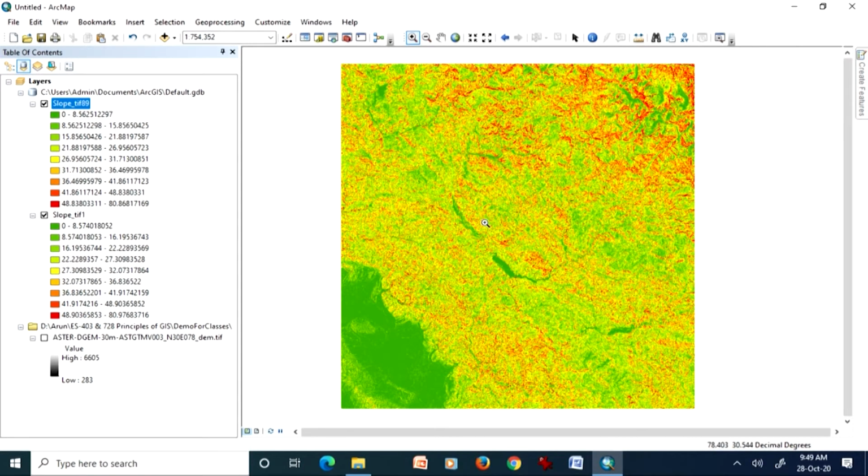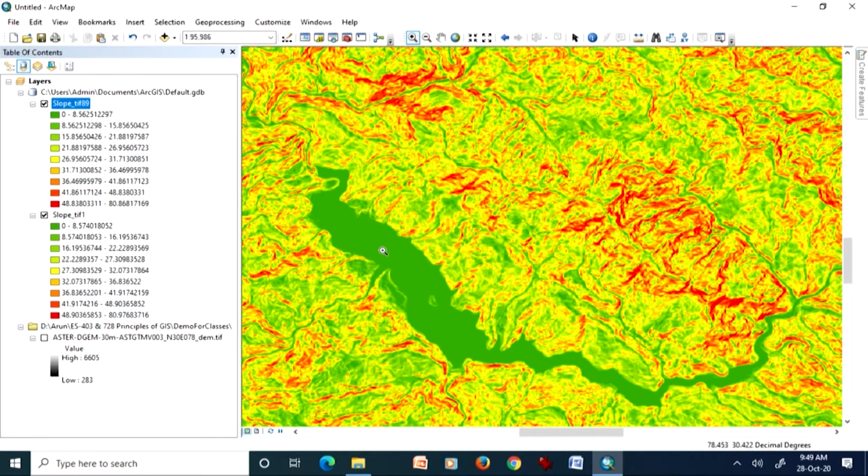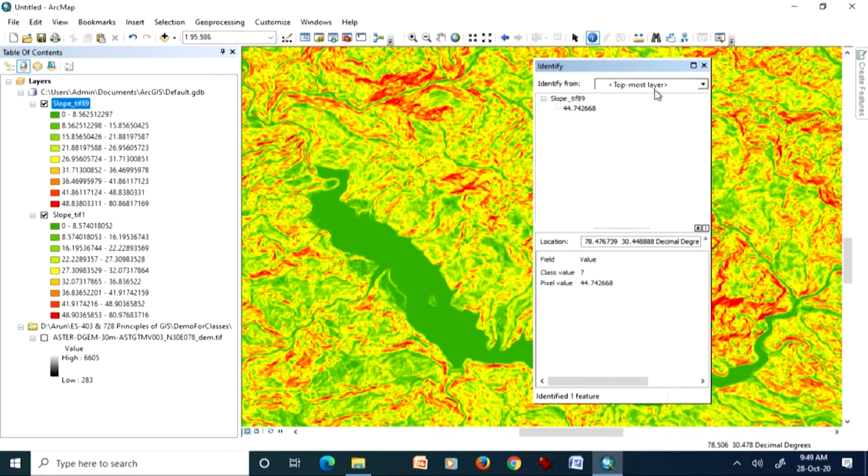So what I will do, this is a Terry reservoir area. I will take this identify tool, and let's see with very high slope values what happens in these two. So we will choose all visible layers, and once I press again, as you can see that the TIFF 1, that is the Z factor 1 slope map, is giving for that particular cell a value of 39.54 degrees, whereas this with Z factor 0.89 is giving a value